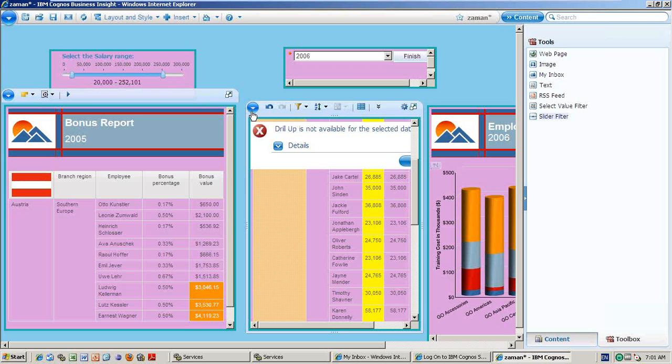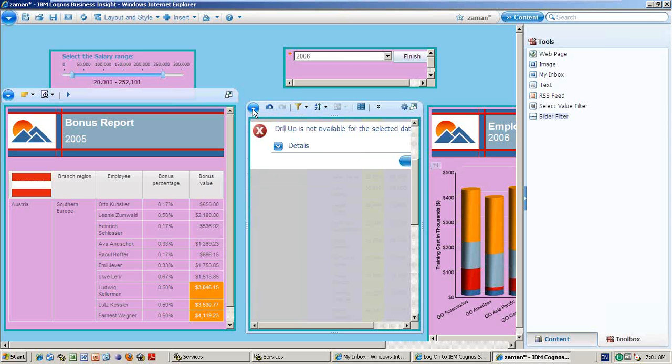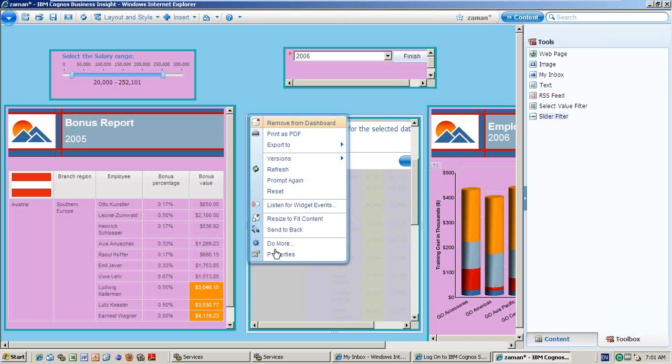If you see the do more concept, if you click it, it will go to Business Insight Advanced.